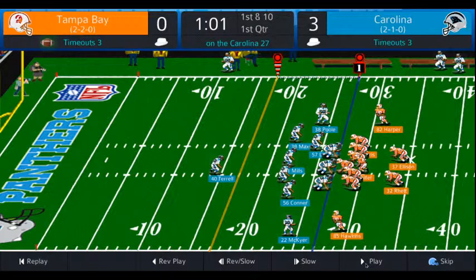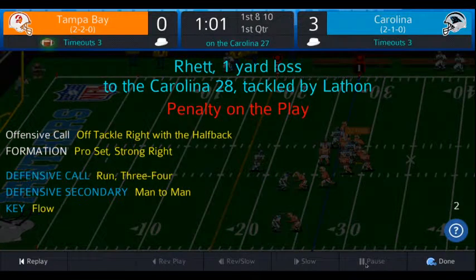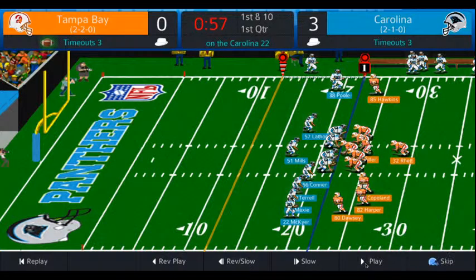Dilfer again under center with Ellison and Rhett in the backfield. Harper and Hawkins, your wideouts. Here's the snap. And Rhett gets the call, but he goes nowhere. But there's an incidental face mask,